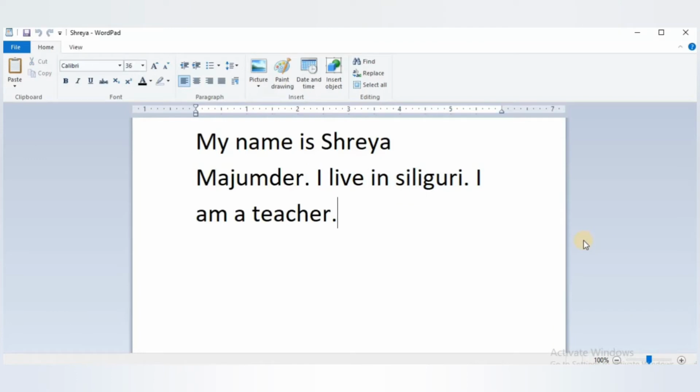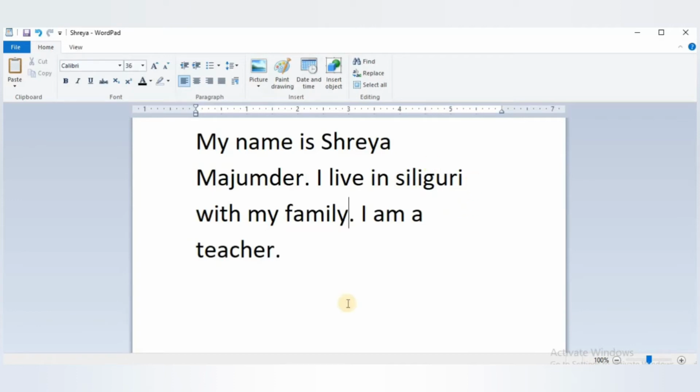Now we will learn how we can edit text. So first, for editing we will learn how to insert a text. Like I have written I live in Siliguri. Now I want to insert with my family. What I will do? I will take my cursor after Siliguri and click here. And the moment I click here, insertion point will appear. For space, I will click on space bar on a keyboard and a space will appear, and I will simply write with my family. So this is how we enter a text.